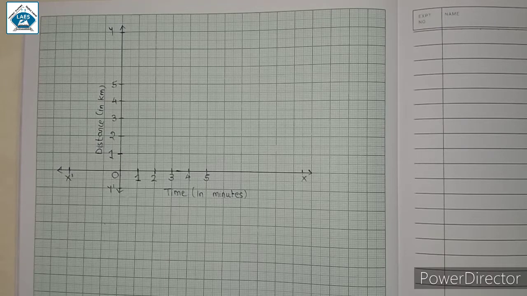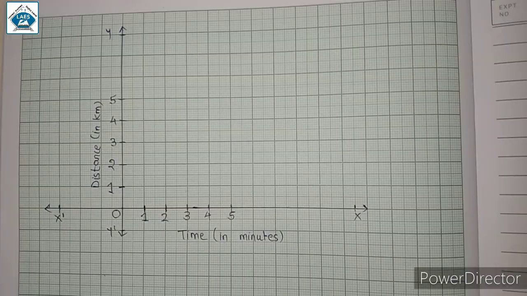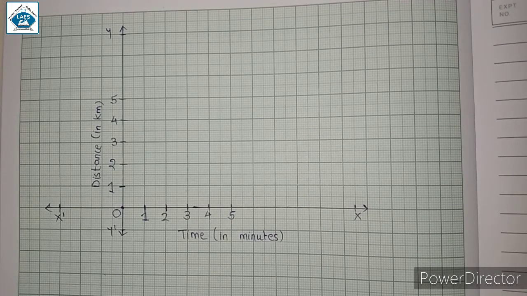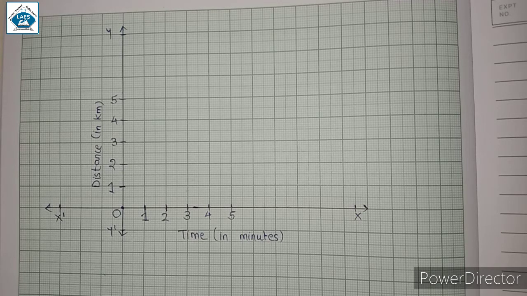So here in this table, first of all, we are given the point at 0 time. 0 time में distance covered is 0, as you can see here in table. So we are going to plot this over here, because this origin is the point where we are going to represent 0, 0, that is 0 minutes on the x-axis and 0 kilometer on the y-axis. Next, the point we are going to mark is 1 minute on the x-axis, that is after 1 minute the car has moved a distance of 1 kilometer.